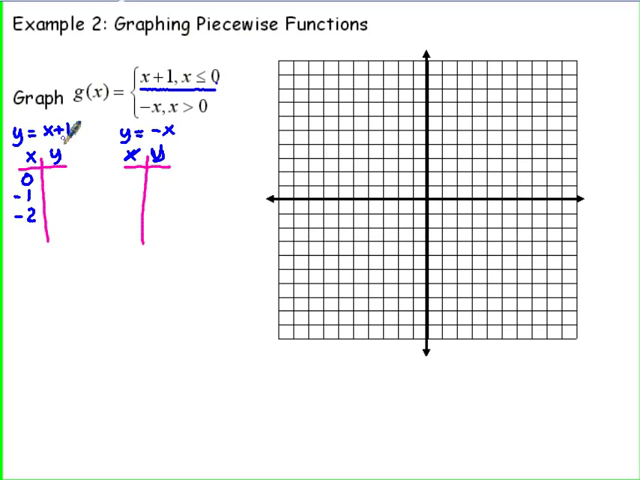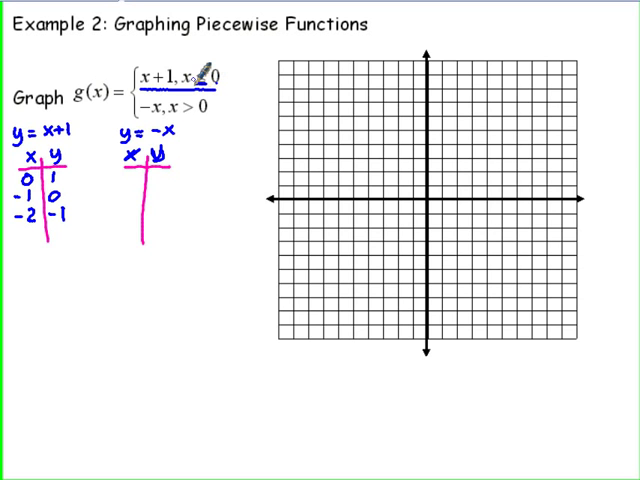So I rewrote that there so that I can reference it. So I plug in my 0. 0 plus 1 is 1. -1 plus 1, 0. -2 plus 1, -1. All right. Now what this is going to look like, I see that when x equals 0, it has an